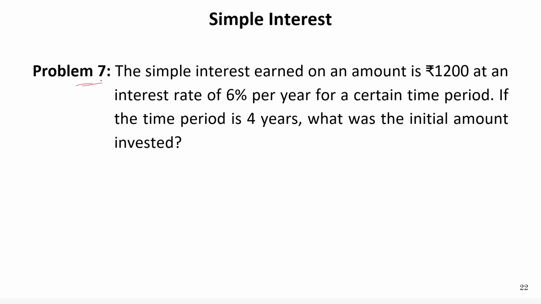So let's see problem number 7. The simple interest earned on an amount of 1200 at an interest rate of 6% per year for a certain time period. If the time period is 4 years, then what was the initial amount invested? So the simple interest earned is 1200. So SI is equal to 1200. Given interest rate is 6%, so R is equal to 6 in percentage. If time period T is equal to 4 years, then what was the initial amount